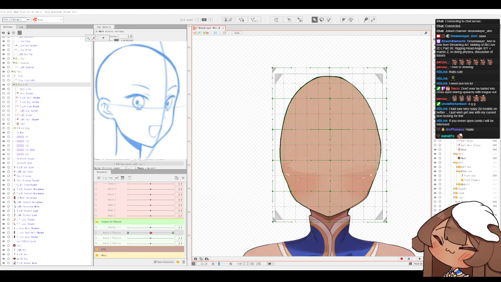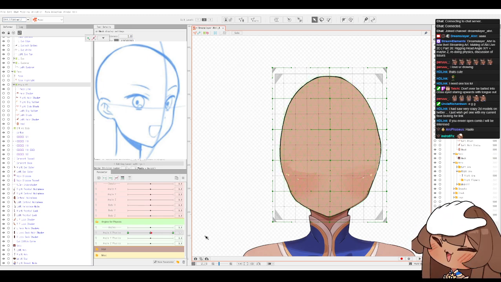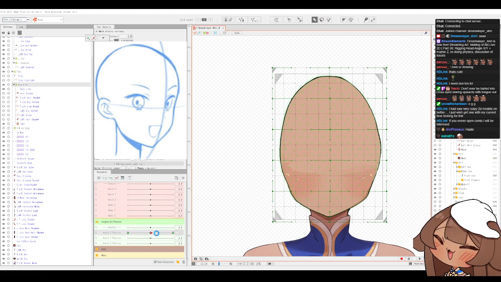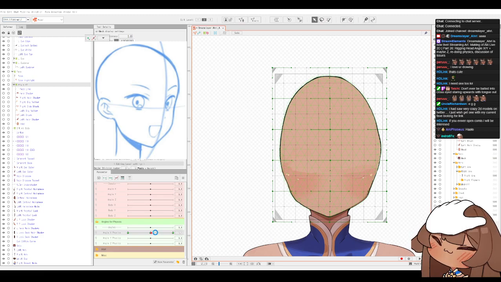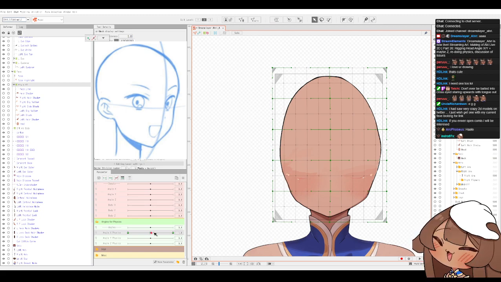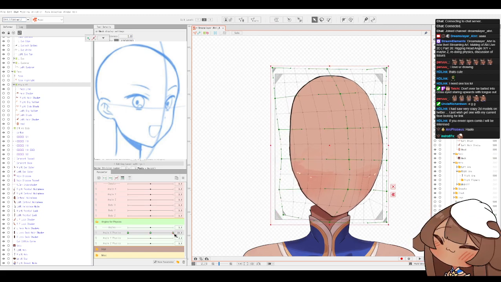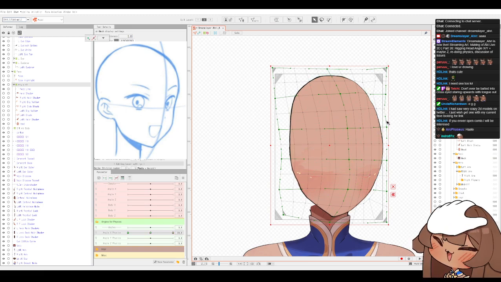But, anyone have any additional points of advice for this one? I think this looks mostly fine. And in terms of just having a face turn, I think it's fine. I think whether or not it looks good will be determined by whether or not I also animate her hair and her ears nicely as well. But for now,